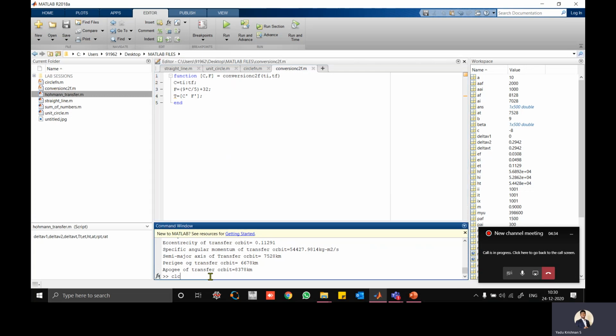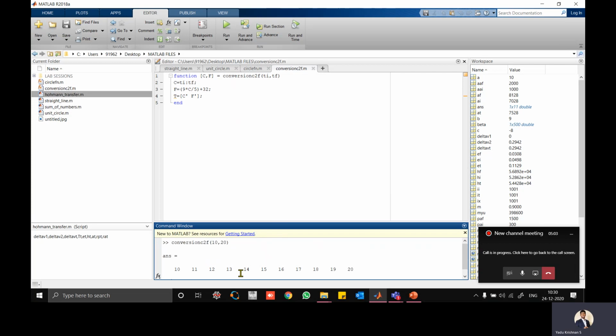I'm going to call this file here: conversion C to F of Ti, Tf, the initial and final value. For the initial value I'll give 10 degrees and for the final value let's take 100 degrees. Okay, I'll make it small values.